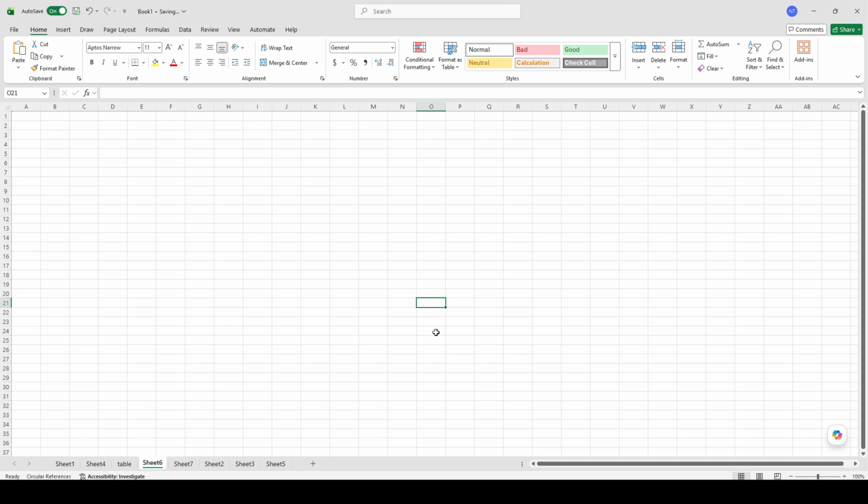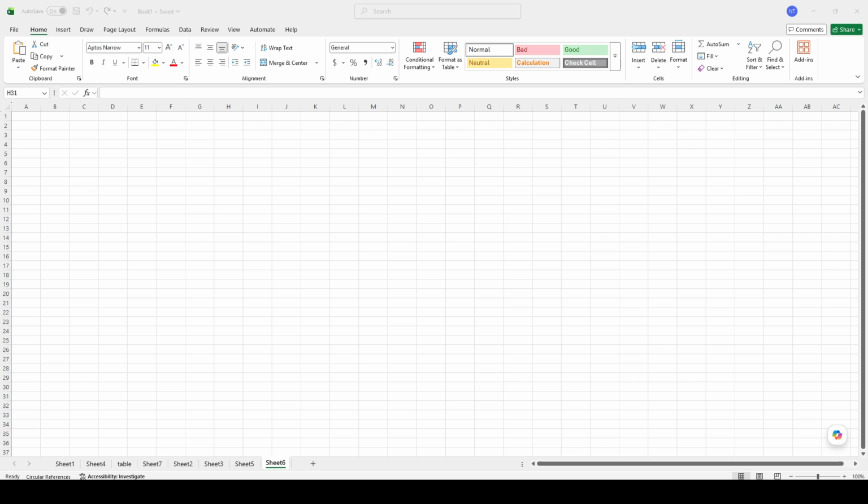That can be helpful for keeping related worksheets grouped together in a logical order. If needed, take a quick look at the bottom of the screen to confirm that the new sheet has been added. You should now see an additional tab in the row. Excel will usually give it a default name, and the blank worksheet will open right away so you can begin entering data immediately. This is useful anytime you want to keep different categories of information separate without creating a completely